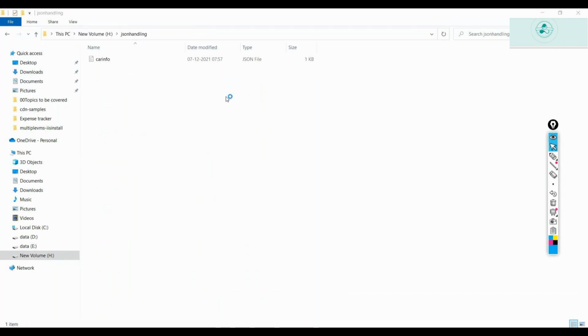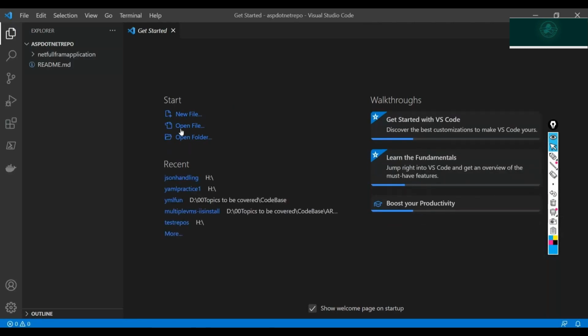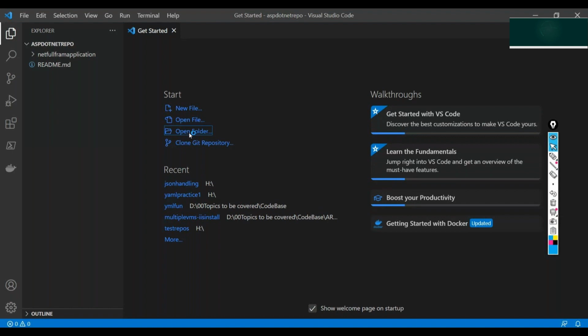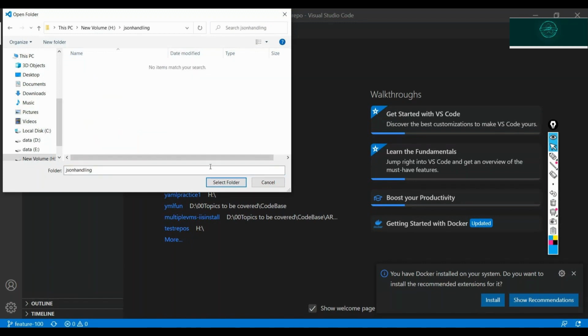I'm going to my VS Code and I'll just open this folder if it is not open again. Okay, let's see. So the folder isn't open, so I'll just say open folder, and here I'll just put in my path here. This is the folder that I want to work in, and I'm just going inside this folder,